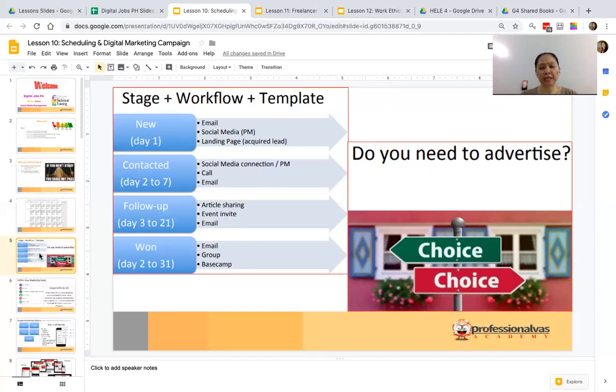So, for example, on day one, say Monday, you're going to send something to describe what your company is all about, what the product is all about, and what it does. And then, for example, from day 2 to day 7, let's say Tuesday up to the following week, you will be sending something more fun, something that solves a client's problem through the product or the service that you're offering. And then, for example, from day 3 to day 21, you will be telling them why they need to buy